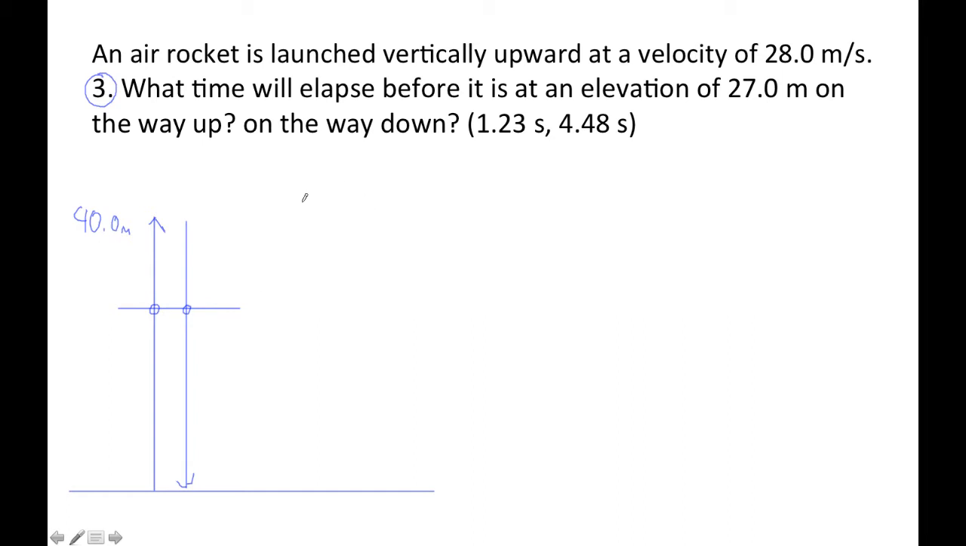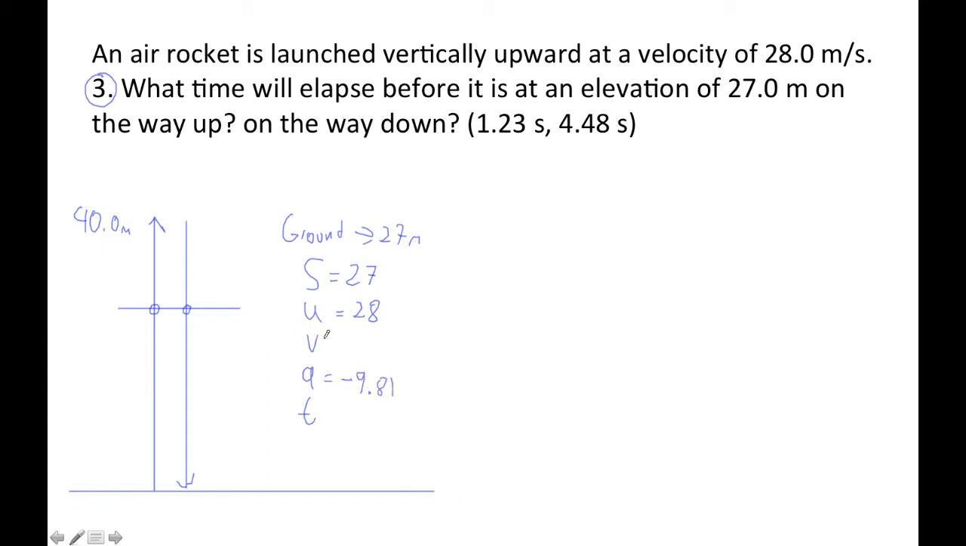Okay, so what we're going to do, let's just do that right now. Let's set up the SUVAT, right? So we'll go from the ground to 27 meters, right? Okay, so 27 meters, that's our displacement, right? Our initial velocity is still 28 meters per second. I should have picked two numbers that were different, right? Our acceleration is still negative 9.81,